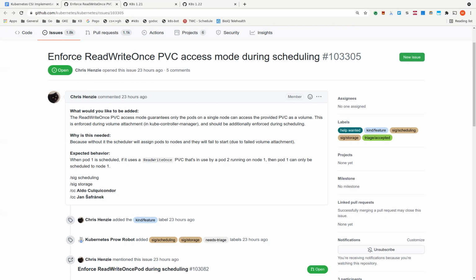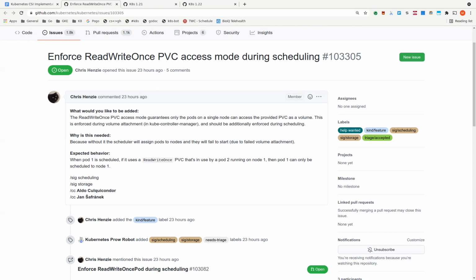So I don't know, we might be able to make some argument that adding the enforcement in the scheduler will also fix some scenario with autoscaler, but off the top of my head, I'm not sure. We need to think more about that. Yeah. I'm just speculating.